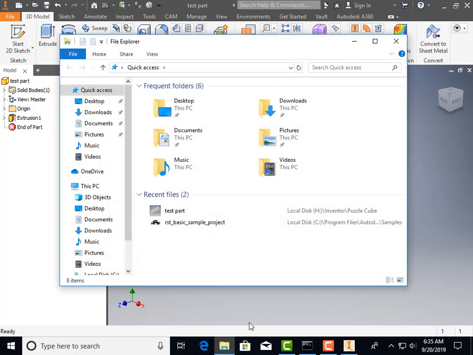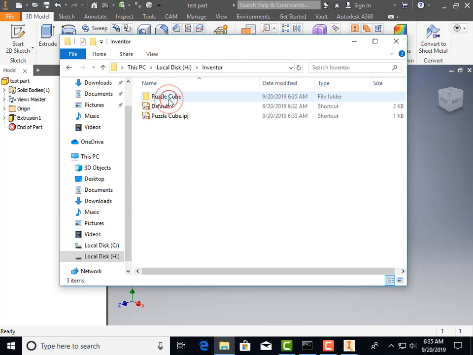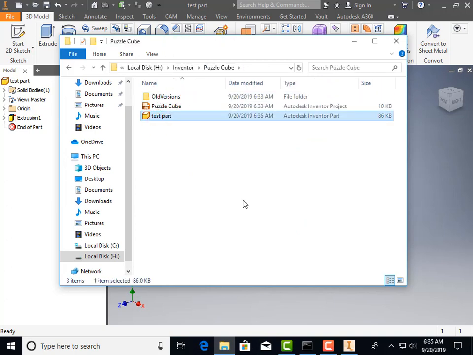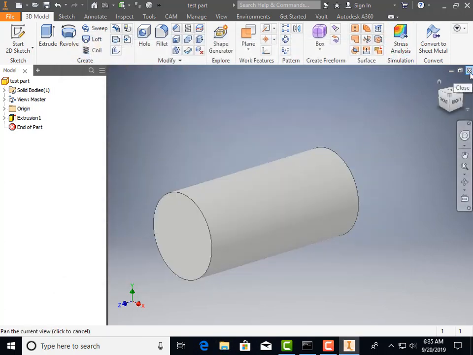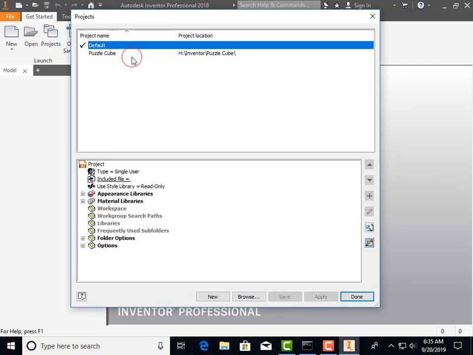Let's go double check by again going into the Windows File Explorer, double clicking on This PC, double clicking on H, double clicking on Inventor folder, Puzzle Cube folder, and there's my part that I just made. Okay, so you must do that every time you start a new activity in which we're doing something different. Like we'll do this, I don't know, every few weeks, every month, whatever, to create a new Inventor project. Okay, now let's say that